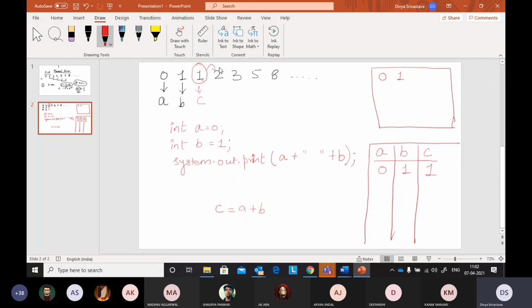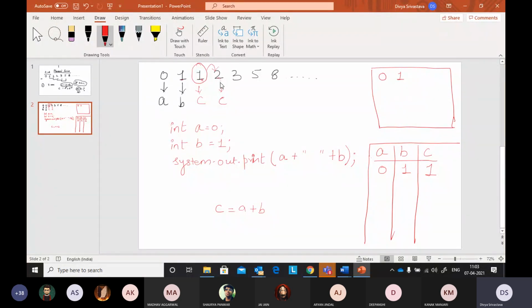Now the point is कि next is this, which is C, है ना? What should be my new A? ये एलिमेंट कैसे मिल रहा है मुझे? If I want to make this C is equal to A plus B as a generalized, ये तो थर्ड एलिमेंट के लिए हो गया. But now I want that this should be repeated again and again till n number of terms. Okay, so now for this 2, how am I getting this 2? When this and this is added, है ना? 1 plus 1 will give me 2.